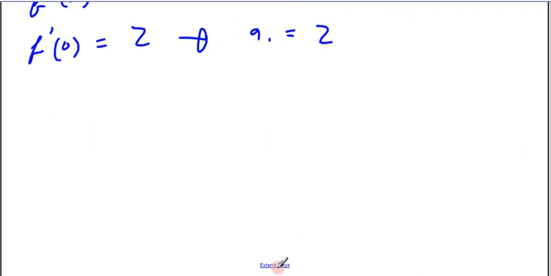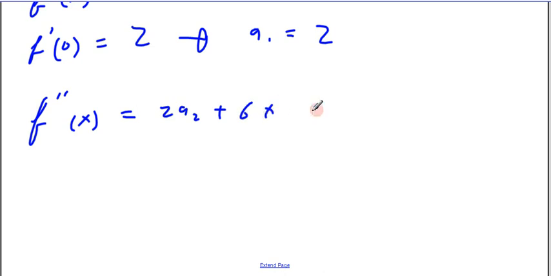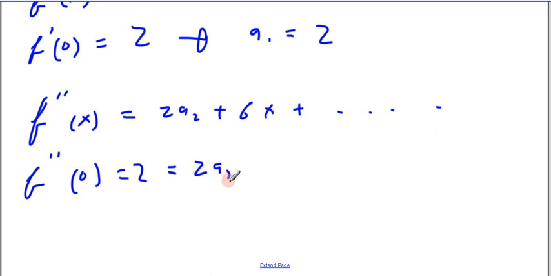And then we look at f double prime of x, and that's 2a2 plus 6a3x plus whatever. And f double prime at 0 is 2, which is equal to 2a2,